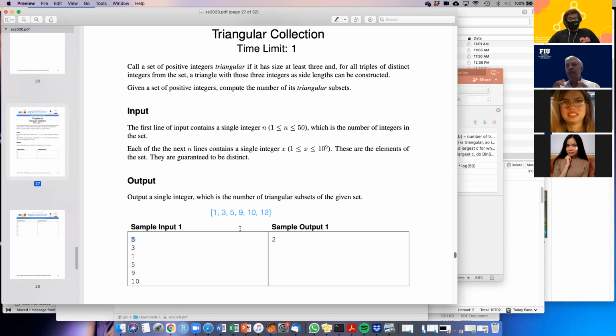So if you replace something with a larger item, you're okay because you've already tried the two smallest and the very largest, right? So you can replace anything in between and you're going to still form triangles and everything is going to be okay. And that's something we wrote down even on our slides here,